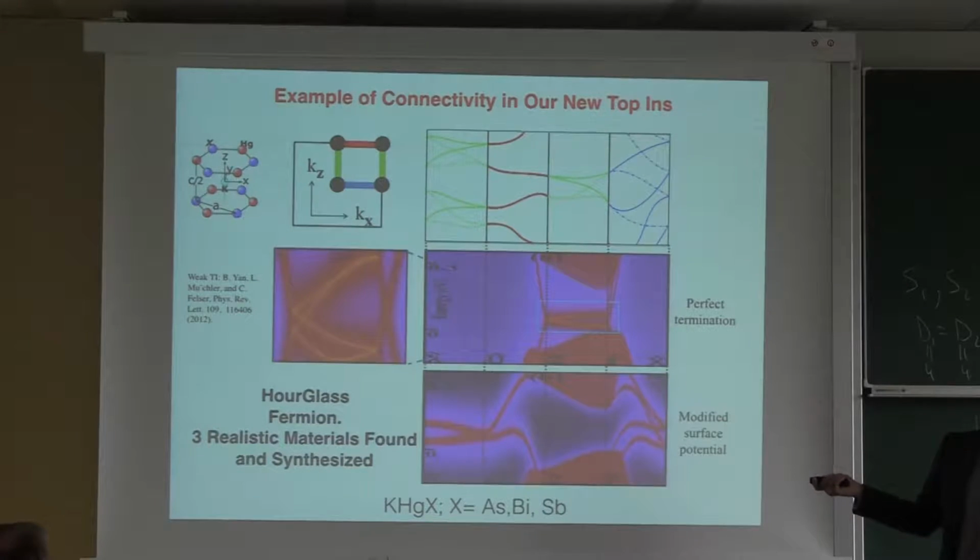code and put in another surface potential, which I didn't do but Zijun did, you could raise this hourglass, you could make this hourglass go up into the bulk, but then you'll bring in another hourglass on this high symmetry line here, which is this one. So basically the moral of the story is that this material has this type of surface state, which is very much different from the usual Dirac fermion, which looks like this, on either this high symmetry line or this high symmetry line.